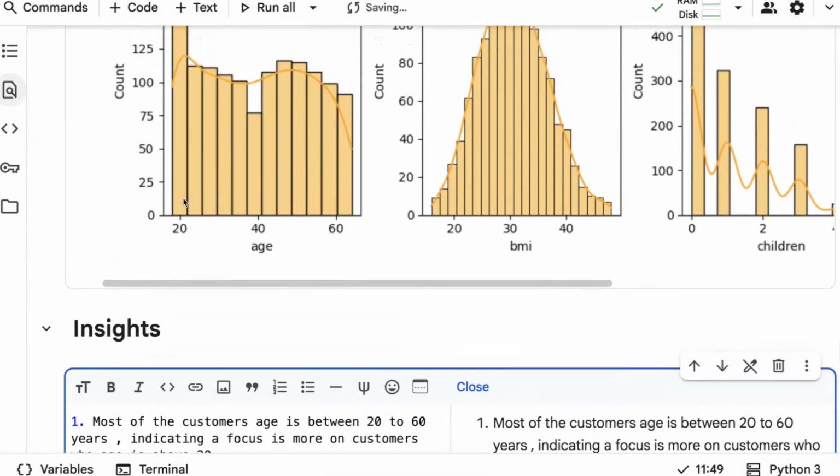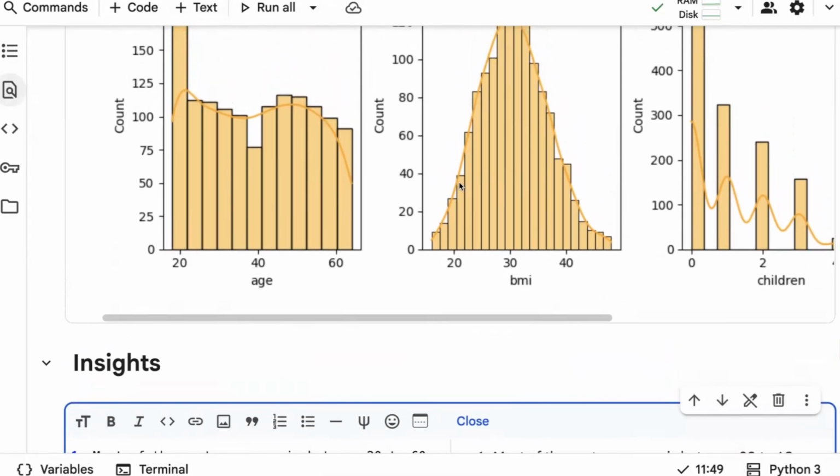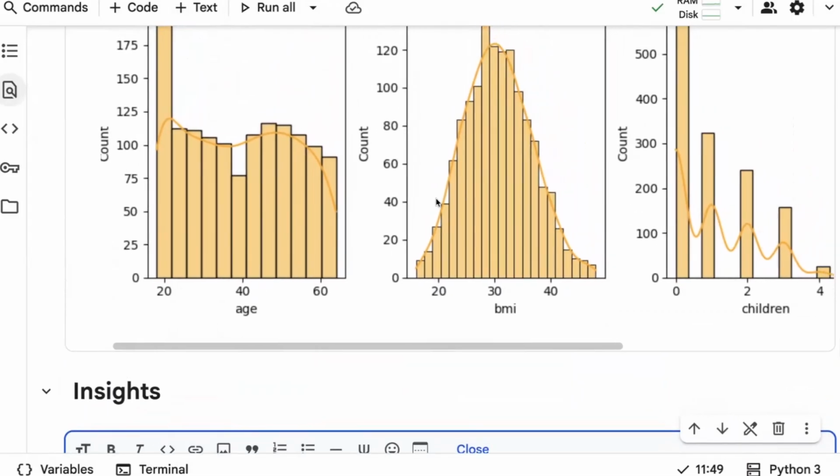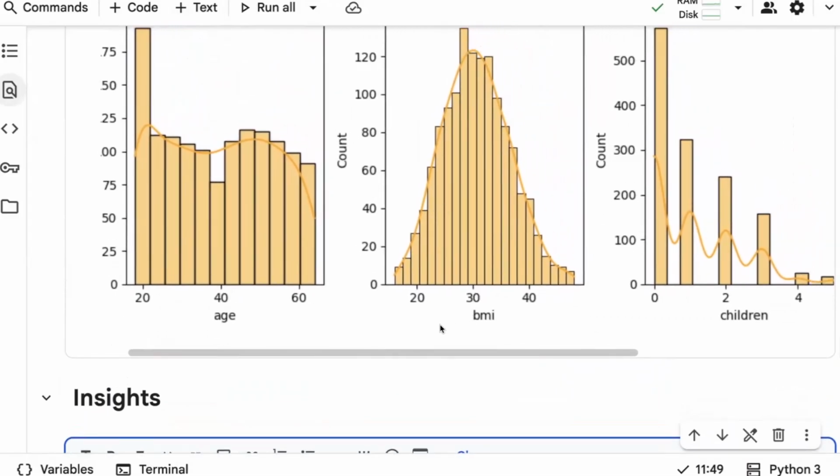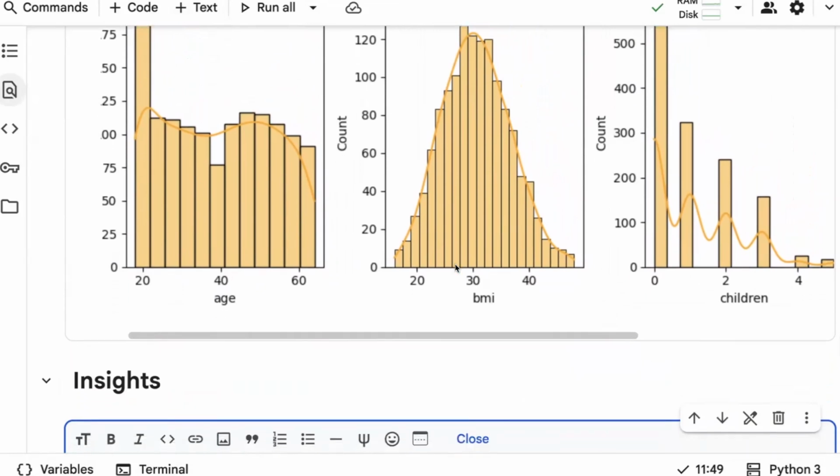Next, coming to BMI. BMI is body mass index, right? Clearly you could see that BMI is representing a normal distribution and it is forming a bell-shaped curve. Always look into the range first, and also look into how well the data is distributed.